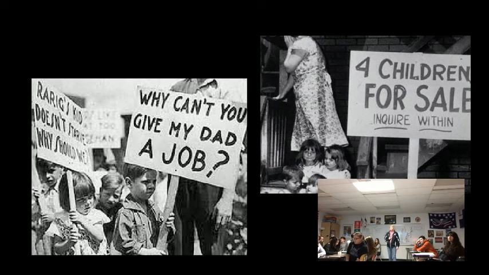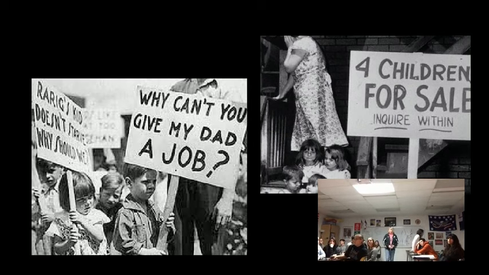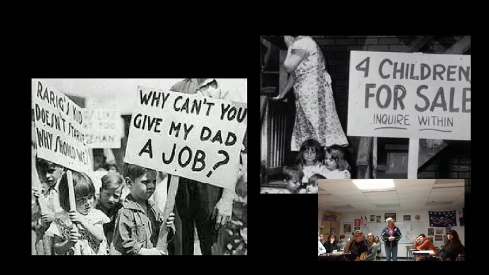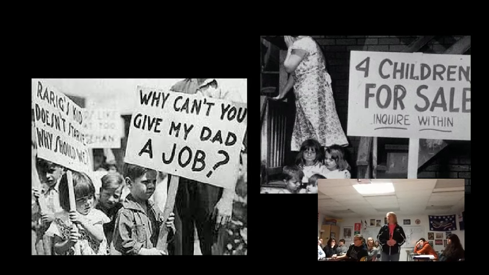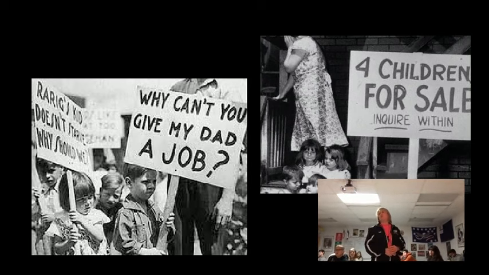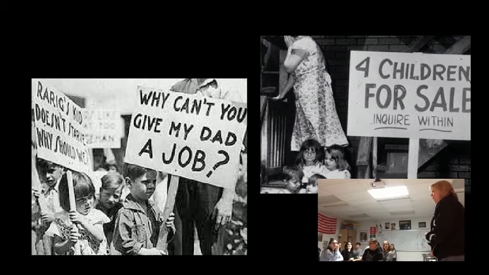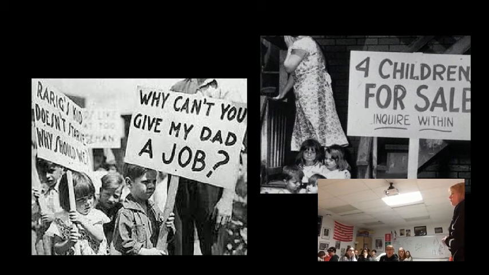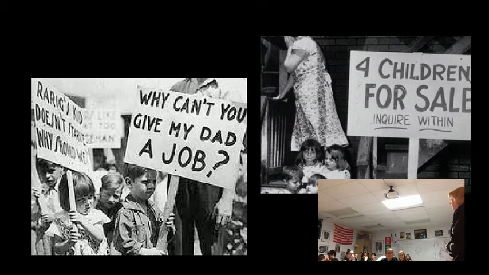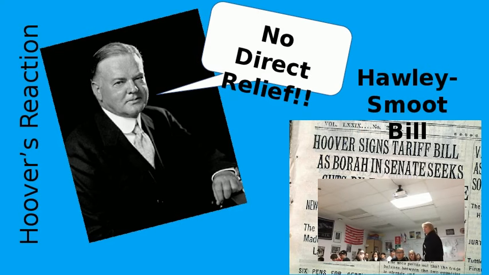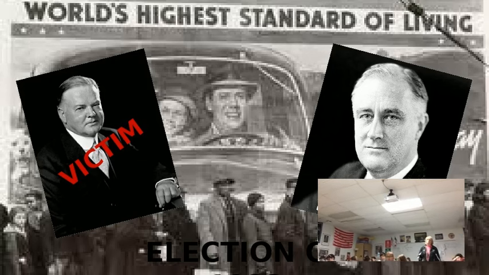And so when it came time for the election, there was no doubt he wasn't going to win. His big idea, honestly, to deal with the Depression was the individual Americans. He basically said we're a strong lot of people, and because of that, we should be able to save ourselves. He brought up this idea of rugged individualism. And rugged individualism is that theme that we can pull ourselves up by our bootstraps. If we just buckle down, we can get through this together. But the American people had completely lost faith in him, and they just didn't believe anything he said at this point.